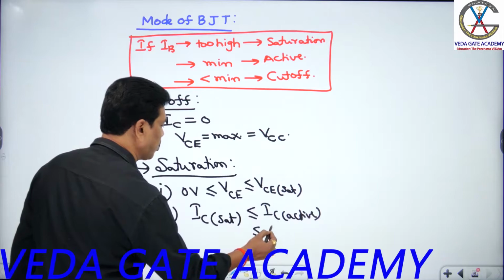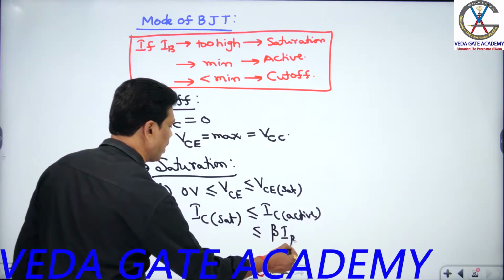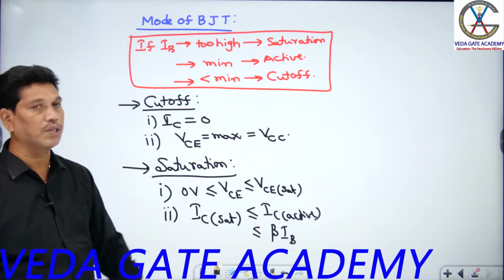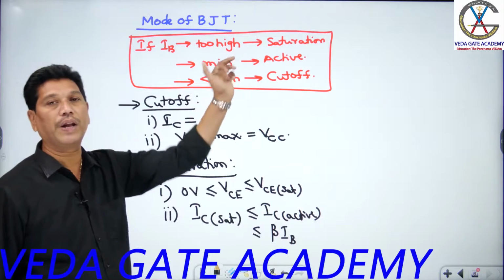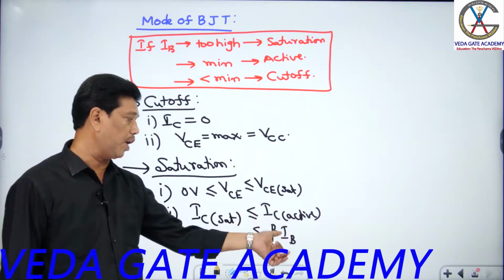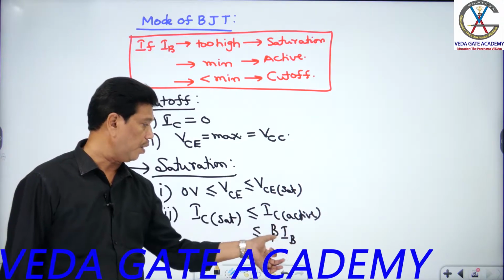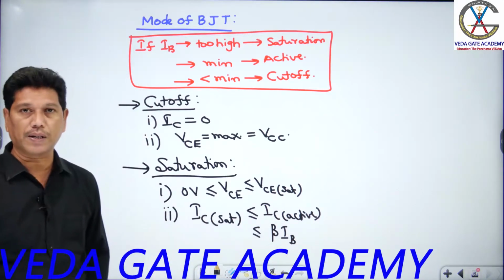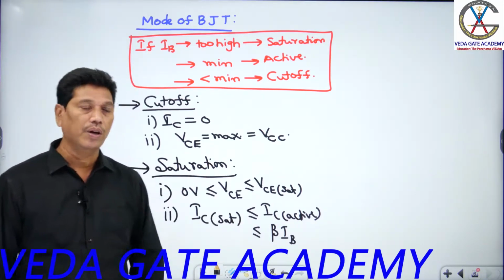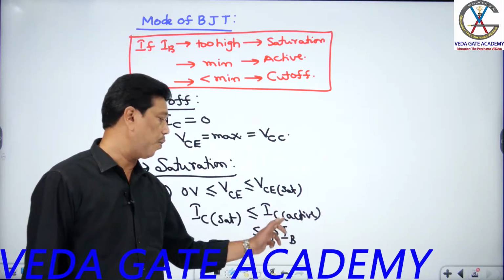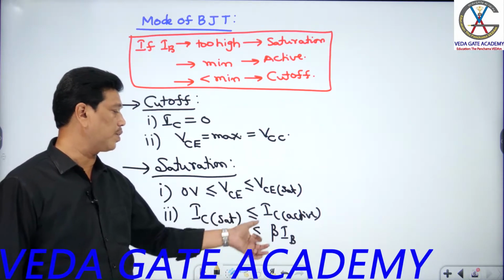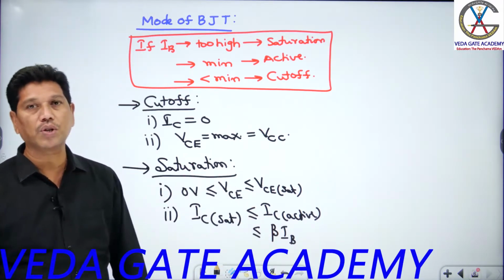So active mode current is a function of input current, that is beta IB, students, where beta is a gain factor. It indicates that IB must be greater than or equal to IC saturation by beta, indicating that IB must be very high. So saturation current is calculated from the output bias circuit, students. Active mode current is defined as beta IB, where IB is calculated from the input bias circuit. Compare that one now. If this one is like this, then it is in saturation mode, you can call.